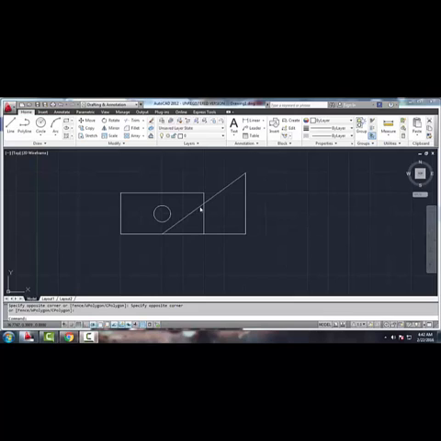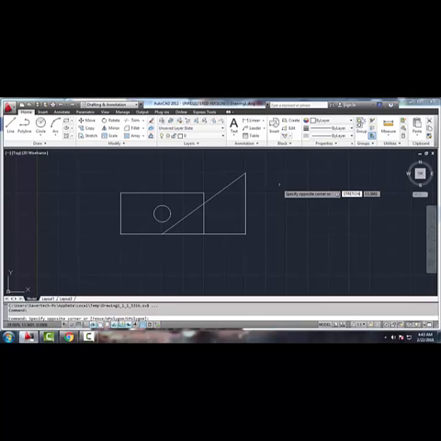Hi, I will be making a video tutorial today on how to use stretch in AutoCAD 2012. The stretch command will allow you to adjust or move objects, like a window or door opening, without having to do much effort. First things first, you need to click anywhere you want, here, and then type stretch.